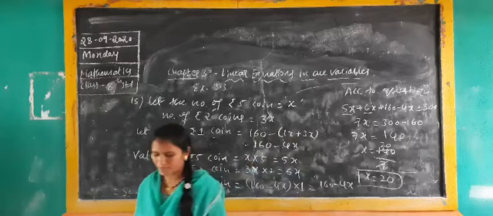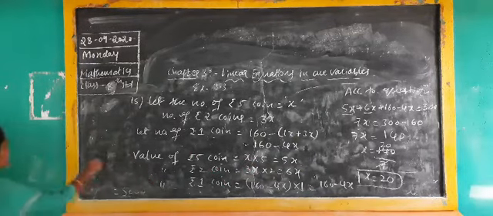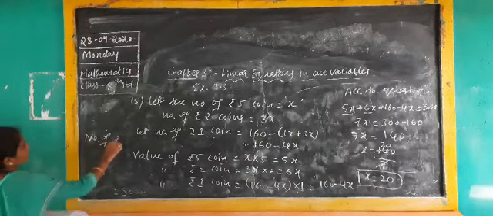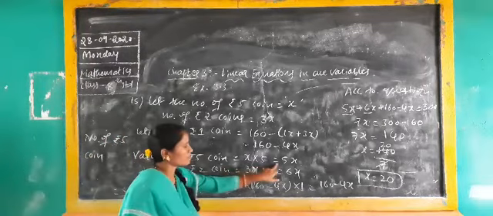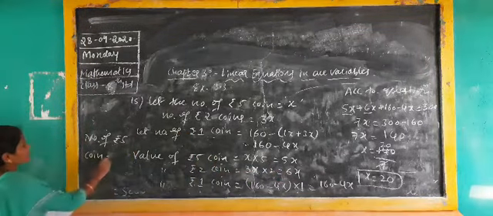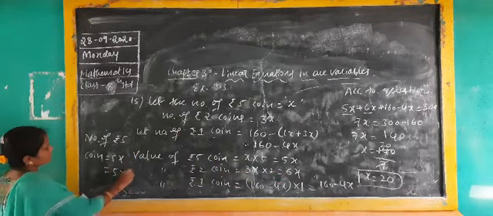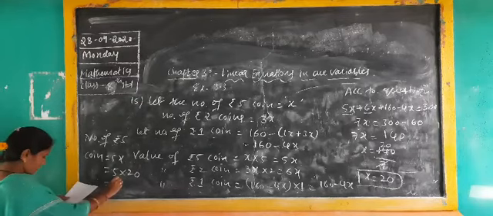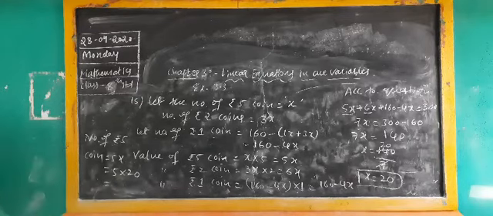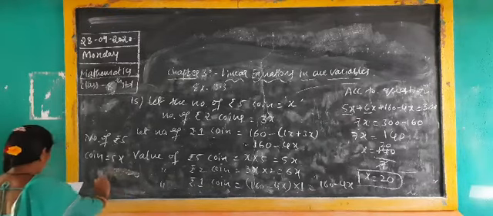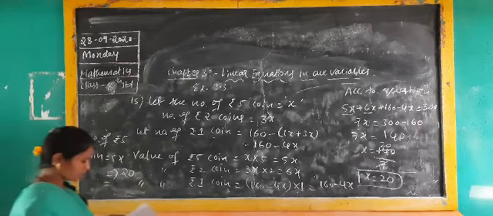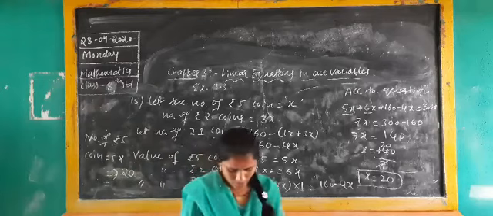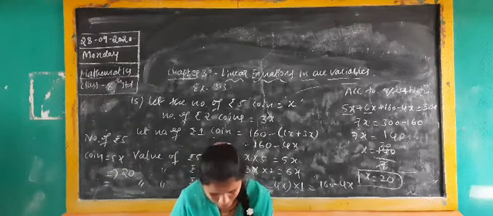Now the number of rupee 5 coins. Write down the last line: number of rupee 5 coins. Here rupee 5 coins is x into 5, which is 5x. Here x is 20, so 5 into 20 means 100. Otherwise, you can take directly: because 5x is there, x should be 1, so you have to take it as 20. Rupee 5 coins will be how many in total? 20. Okay.